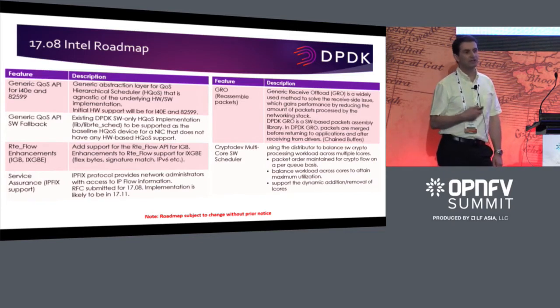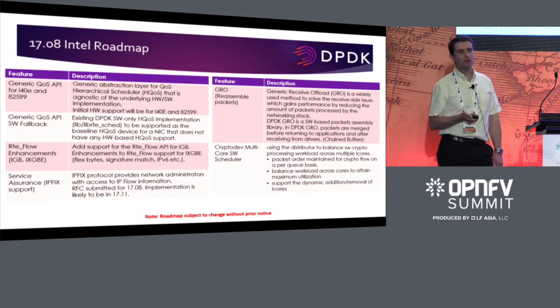We have always had generic APIs, but there have been lots of device-specific APIs as well. So there was a lot of work done over the last couple of releases in implementing an RTE flow API to do filtering in a consistent way across all Ethernet devices. The focus in 17.08 is on looking at quality of service. We've had a software quality of service implementation in DPDK for a couple of years now. I can't remember exactly when it was done, but a couple of years back.